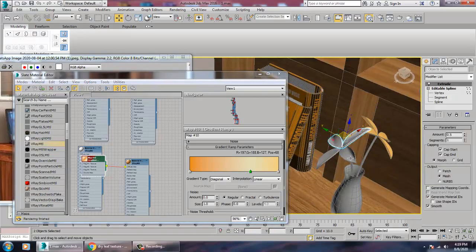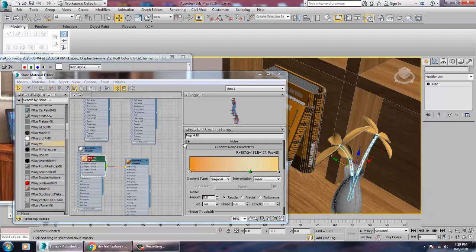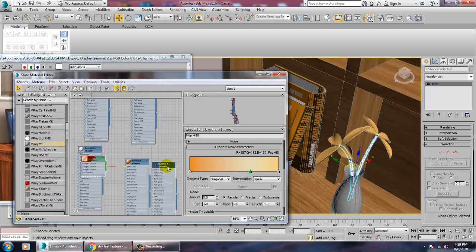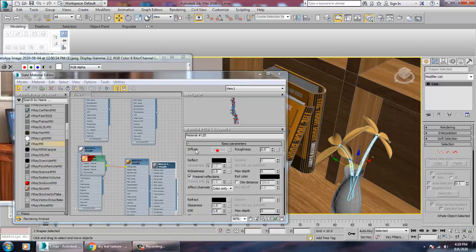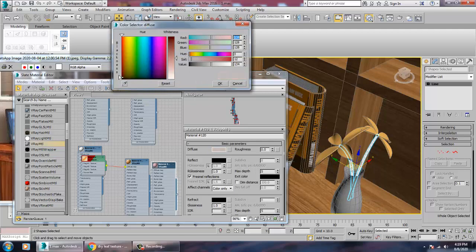So you can just apply this gradient ramp with the V-Ray material. Select this and this. Just give a V-Ray material. Let's give a dark brownish color.